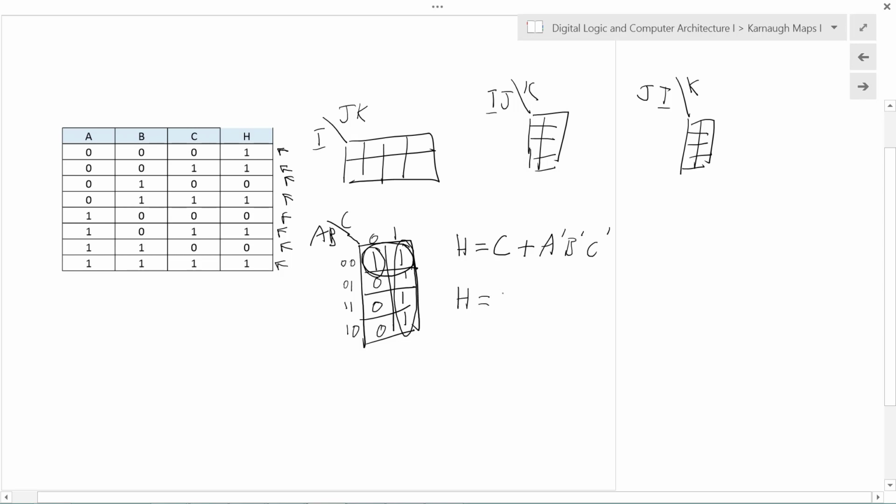H is equal to C or A prime and B prime. So we're covering 2 possible values, or 2 ones instead of just a single one, a singleton. Notice that